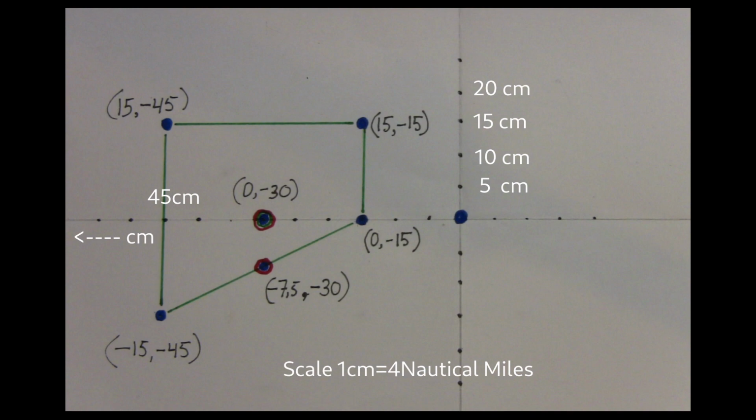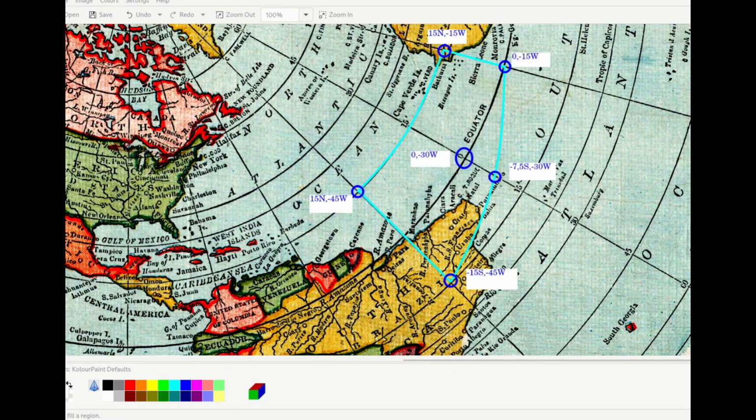Now we're going to draw this continent on the Gleason's map, and I'm going to use the same coordinates on the Gleason's map and also the same scale on the longitude line. And this is how it looks like on the Gleason's map, with the same coordinates on the longitude line, the same distance. If you scale it on the longitude line, it will be the same. All the cities have the same coordinates,